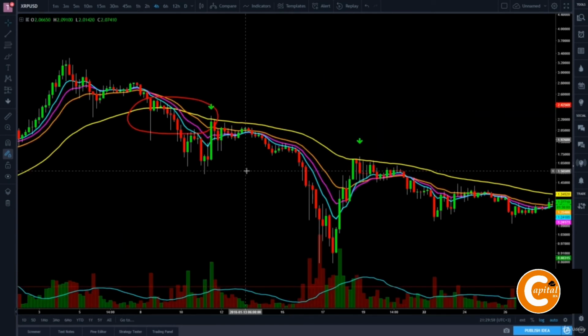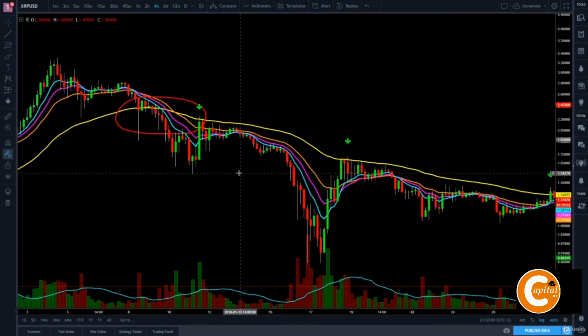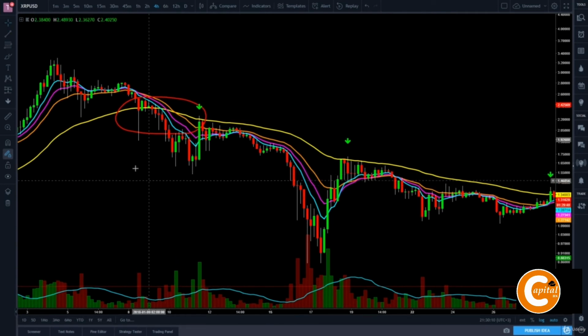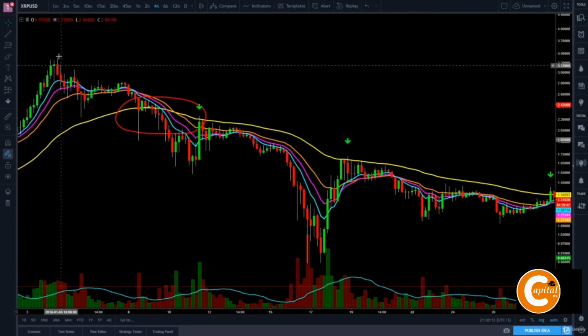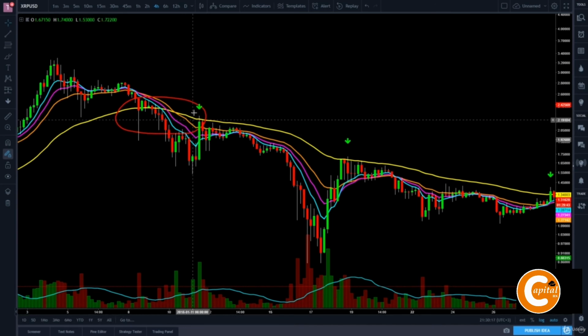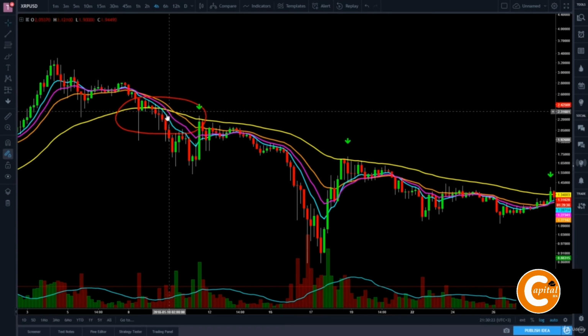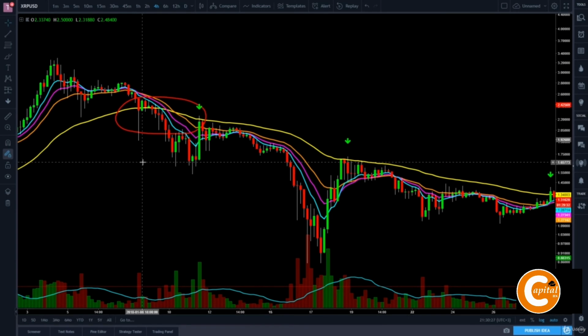In the next example, I am using the Ripple chart and I am on the 4-hour time frame, and I will show you when to enter a sell position based on moving averages and candlestick formations. In this example, we can see that we start to downtrend from this high right here, and at this highlighted area right here we can see that the 8, 13 and 21 moving averages are crossing the 55 moving average to the downside, and that is a strong indication of a change of trend, and we want to enter a